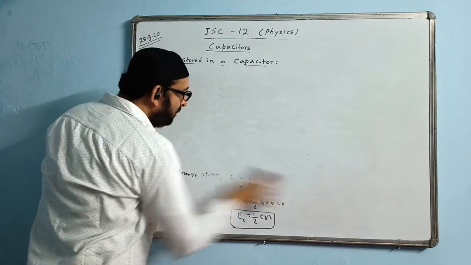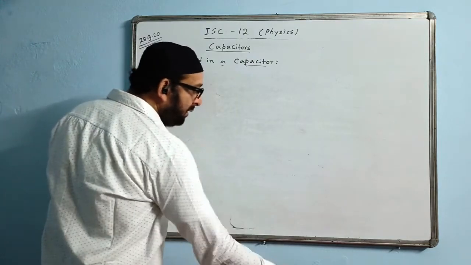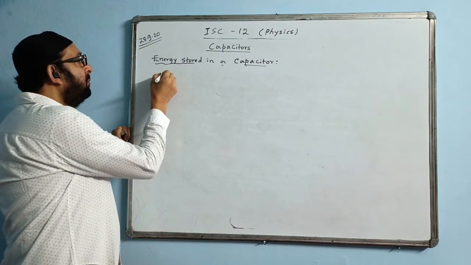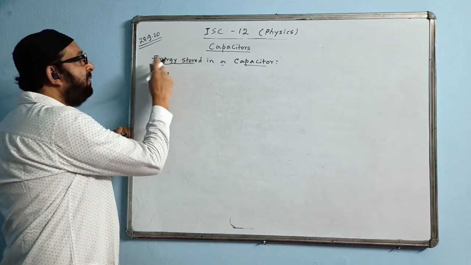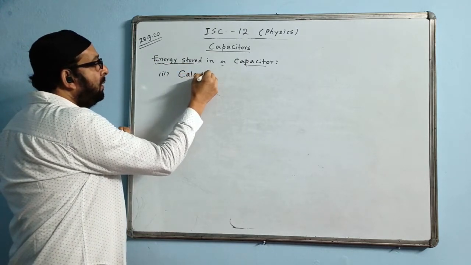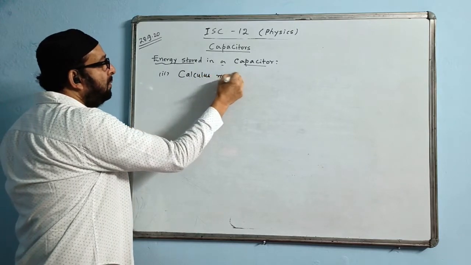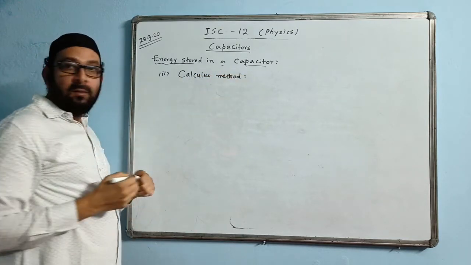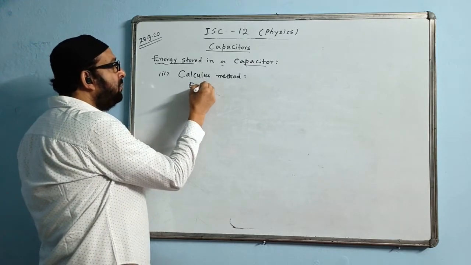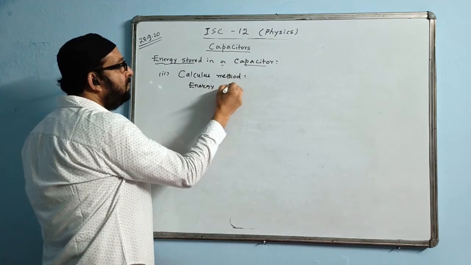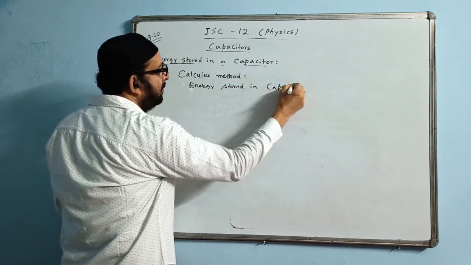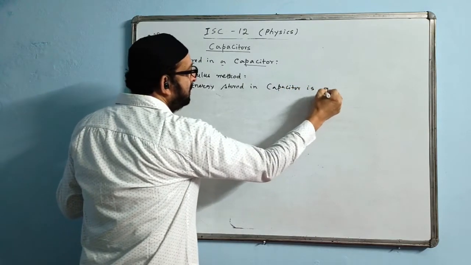Okay, that was the graphical method I did. Now I will show you the calculus method. The second method of deriving the formula for energy storage is the calculus method. In the calculus method, the energy stored in a capacitor is given by,